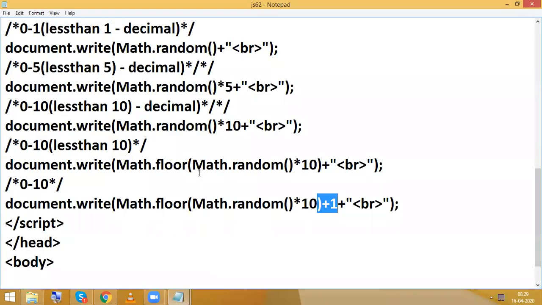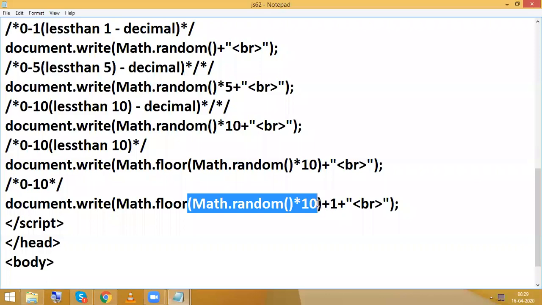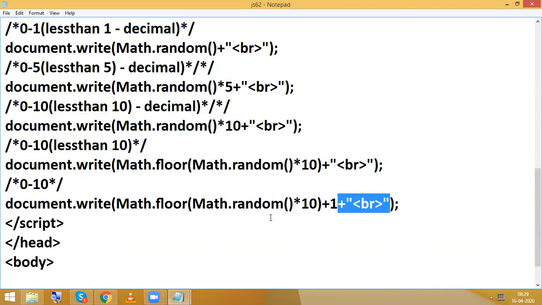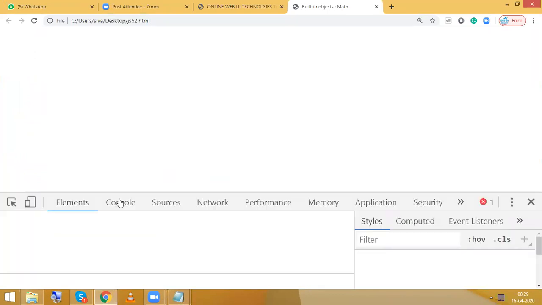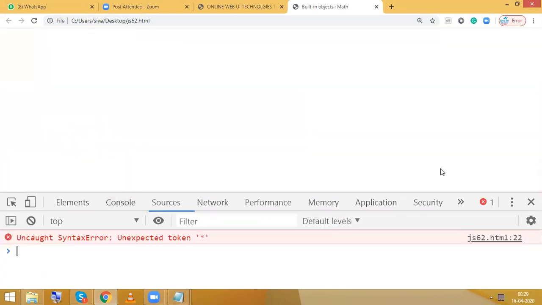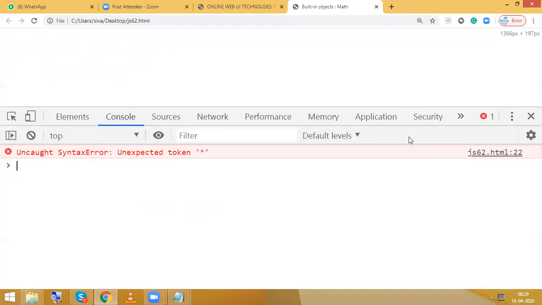Some problem. One second. So Math.floor(Math.random() * 10) + 1. It's correct only. What's the problem? Unexpected error, line number 22, unexpected token, syntax error.